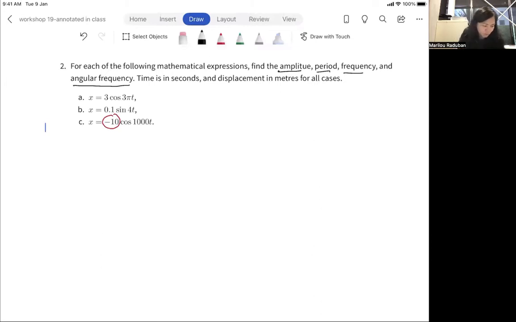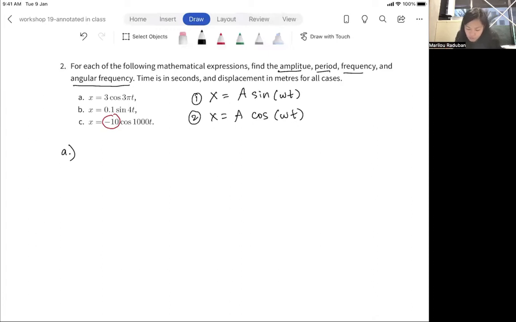Yeah, we can do all 3. That's fine if you want, but you'll find that it's really also just a pattern. So the 2 equations for simple harmonic motion have this pattern: x is equal to A sine omega t, or x is equal to A cosine omega t. So the equation for simple harmonic motion can either be of these 2 equations here. So for the first question A, x is equal to 3